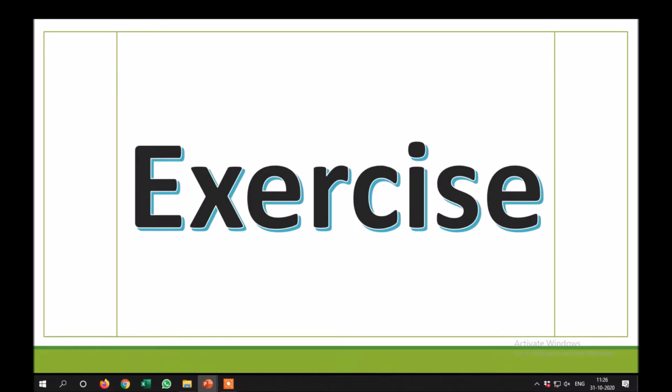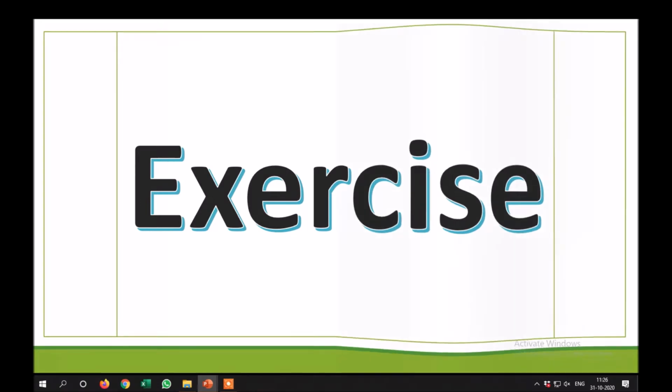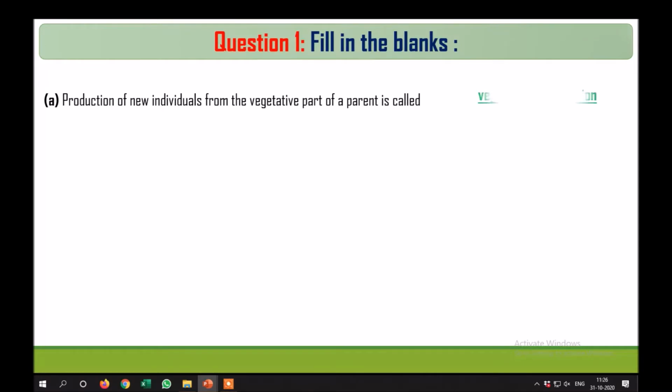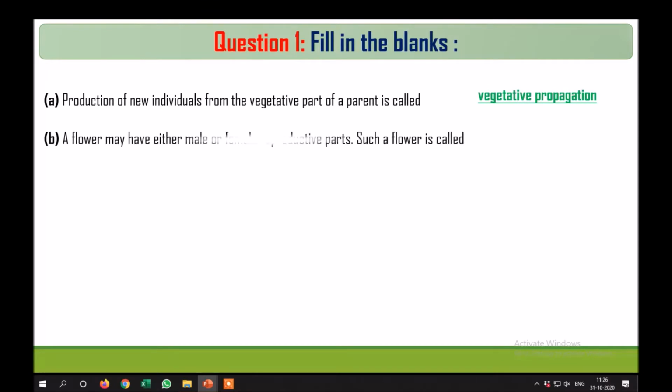Now let's do the exercise of the textbook. In that, first question is fill in the blanks. The first one is: production of new individuals from the vegetative part of a parent is called vegetative propagation. A flower may have either male or female reproductive parts. Such a flower is called